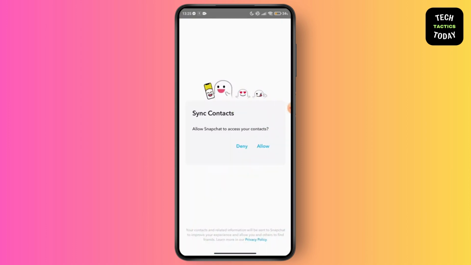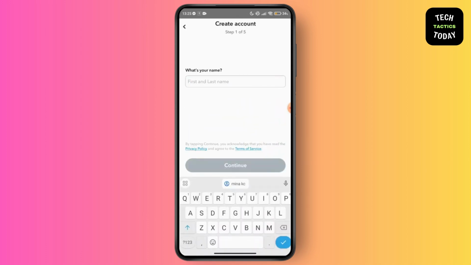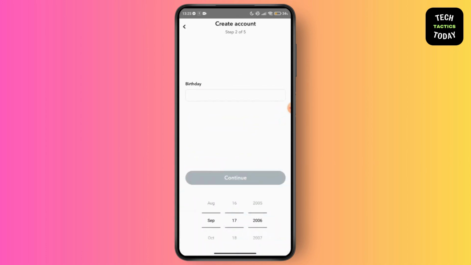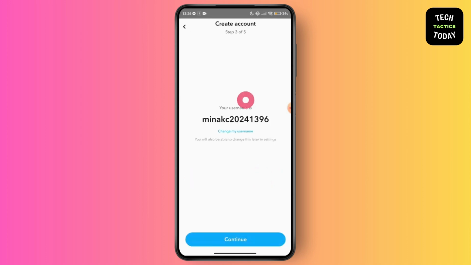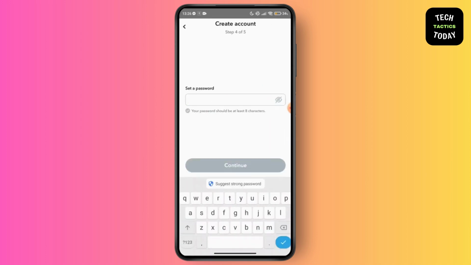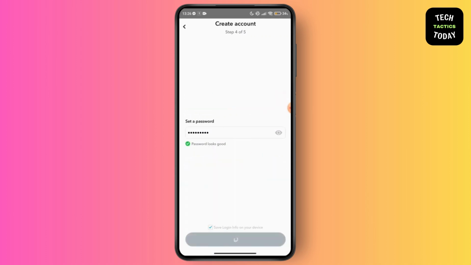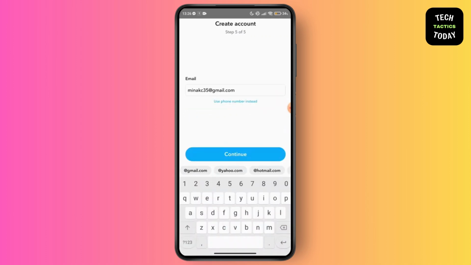Once you have signed up here, just go for the allow here, and you have to write your first and last name and go for the continue option and add your birth date here. So once you have added your birth date, you can see your username and just tap on the confirm option, and you have to set your password. So once you have saved your password, just go for the continue option, and you have to create your account